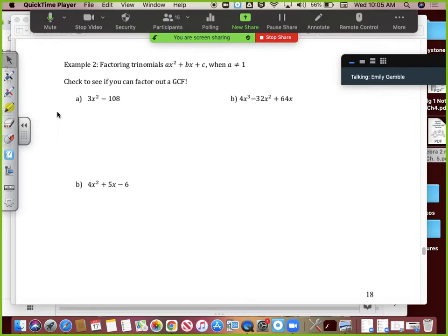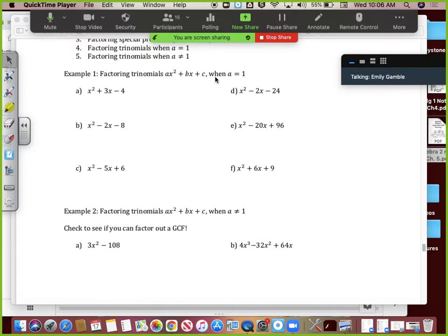So in section 5.5, we are factoring trinomials. We have learned in the past how to factor just any polynomial by finding the GCF. We learned how to factor polynomials by grouping. We learned about some special cases. Yesterday we looked at factoring trinomials, but all of the trinomials we looked at yesterday had 1 as the A